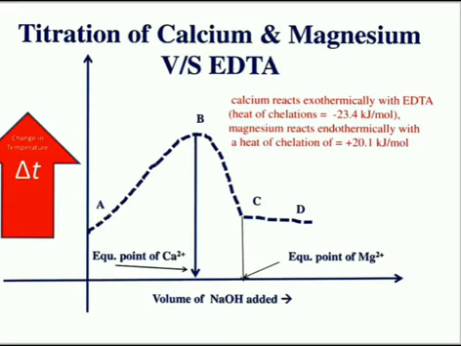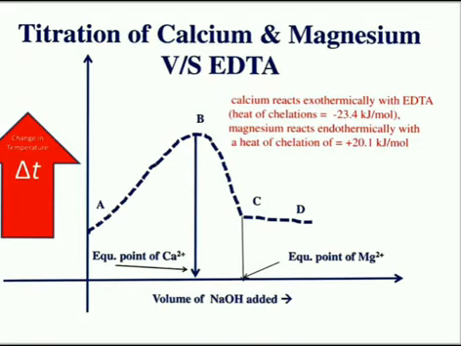Here, the stability constants of the chelates differ by less than 2 orders of magnitude, so a titration based on an indicator can give only the sum of the two ions. However,